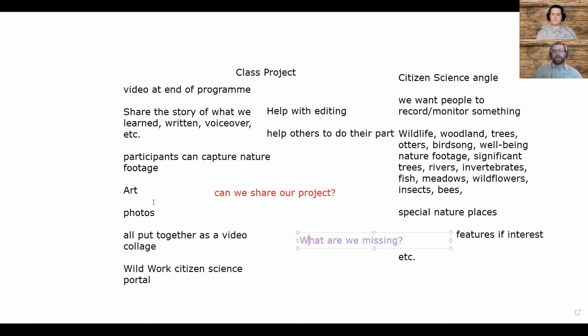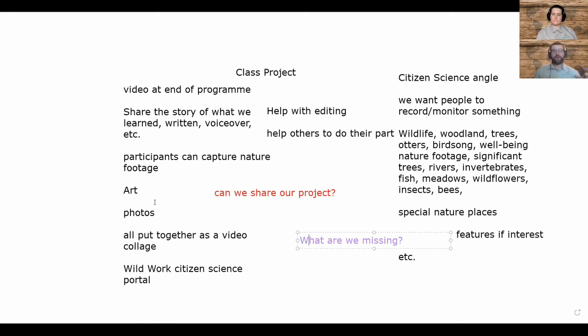And of course, another thing that we could do is we can pick, it can just be all about citizen science, all about nature, all about well-being in the outdoors, okay? Or we can pick a particular theme.